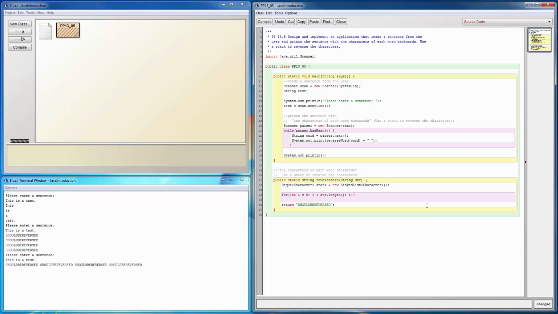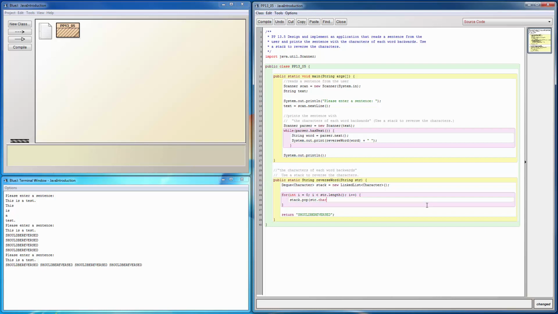Every time I loop, I want to do an increment. I want to move up by 1 index, I want to see the next thing over. And I put in my curlies there. So now at this point, I need to go and actually add that particular character from the string to the stack. So what I'll do is I'll start by doing stack.push, I want to add in a new element. And then from there, I can go into my string and get a character out of it. So we're going to go str, the name of the thing that's being brought in as a parameter,